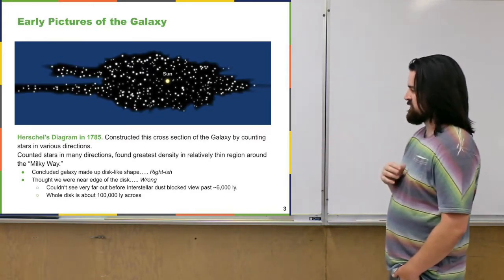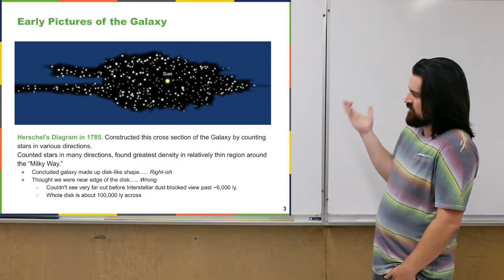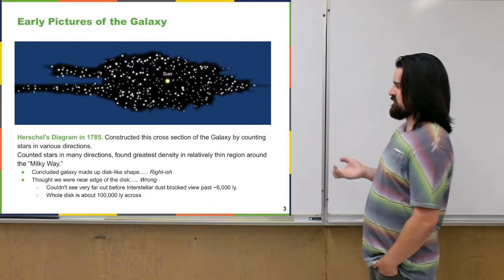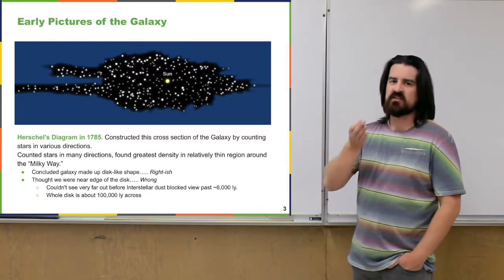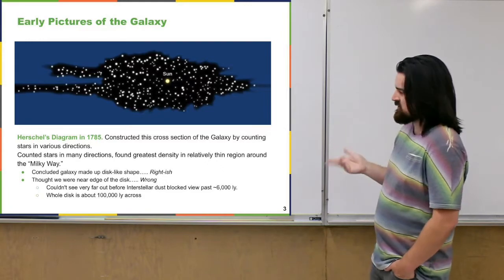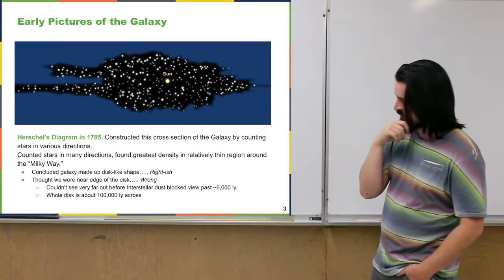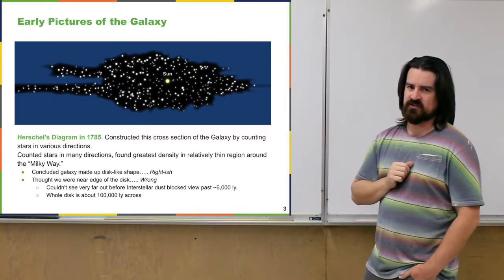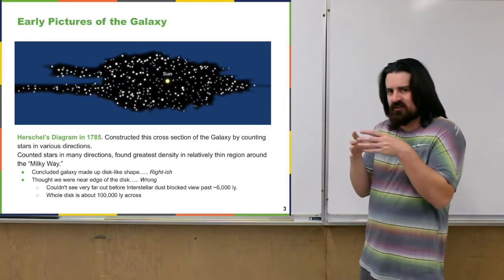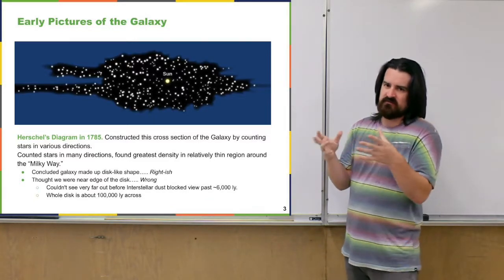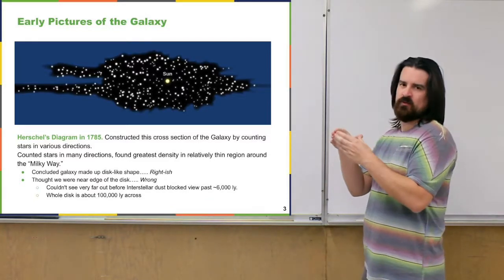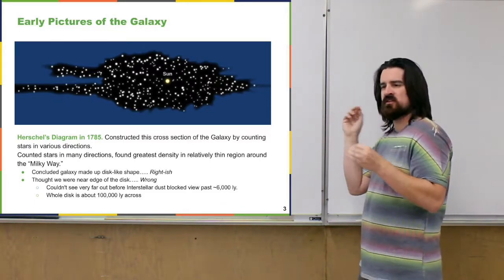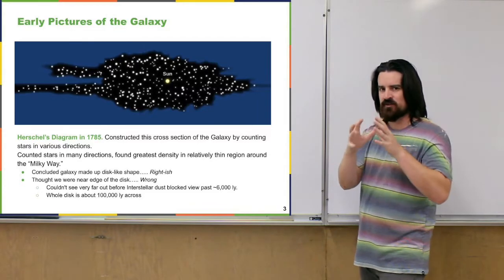That turns out to not really be correct, and partly they were just limited by the instruments of their time. The telescopes that they were using only allowed them to see objects that were at most about 6,000 light years away from us, where nowadays we know that the whole galaxy is something like 100,000 light years across. So they were only seeing a little patch, not that little, but a fairly small patch around the sun. So the shape that they ended up getting and where they thought we were within the disk is a bit biased because they're only getting a small portion of the